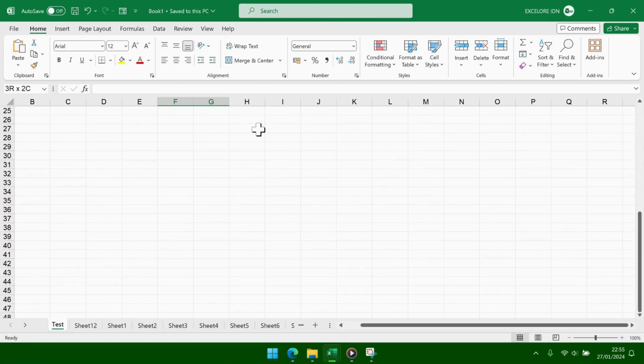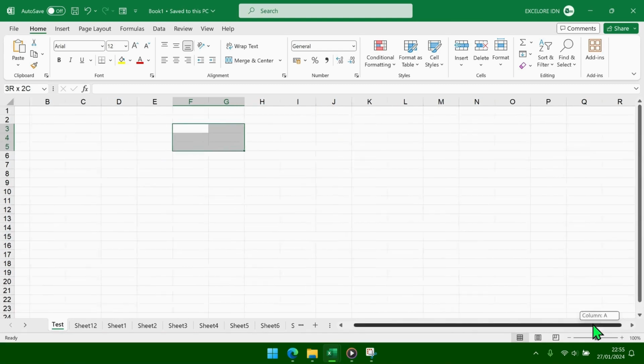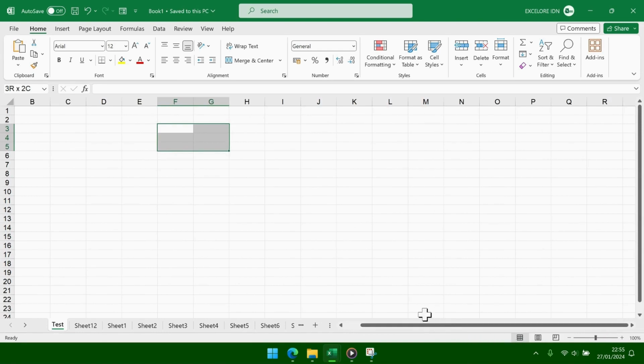In case we have a large amount of data that spans across multiple screens, we can use the scroll wheel of mouse to scroll the screen. The row scroller is located on the right side of the sheet, while the column scroller is at the bottom. Adjacent to the column scroller, 3 dots can be used to lengthen or shorten the scroller width.